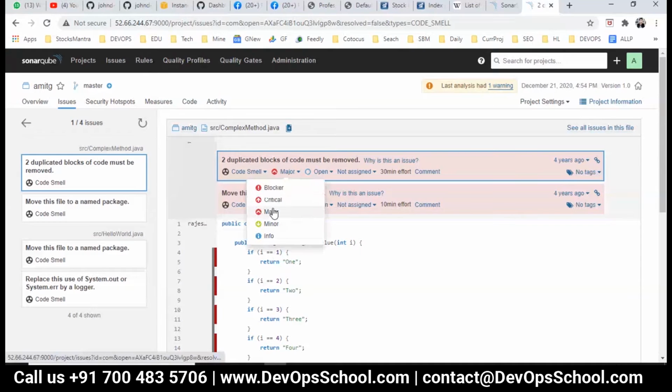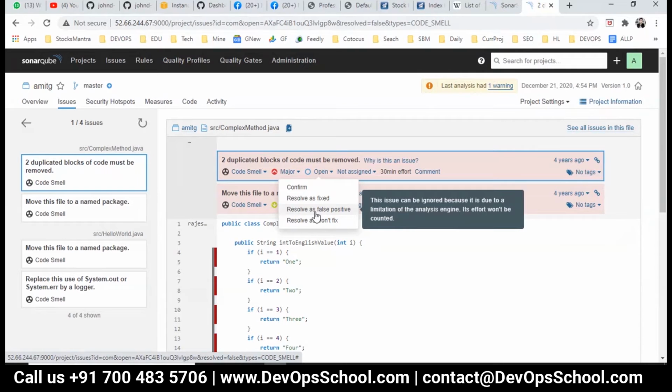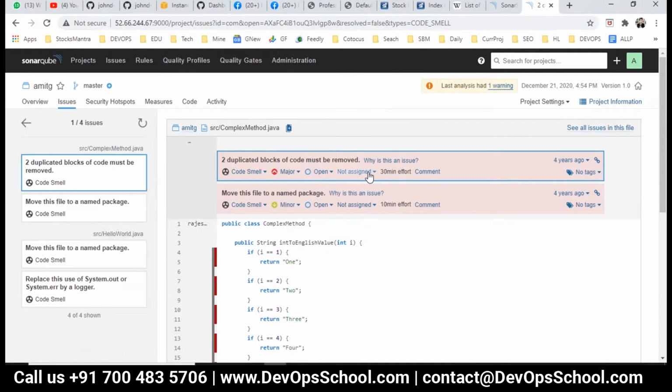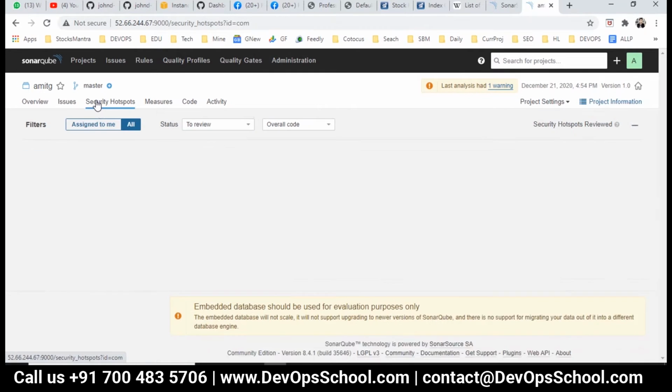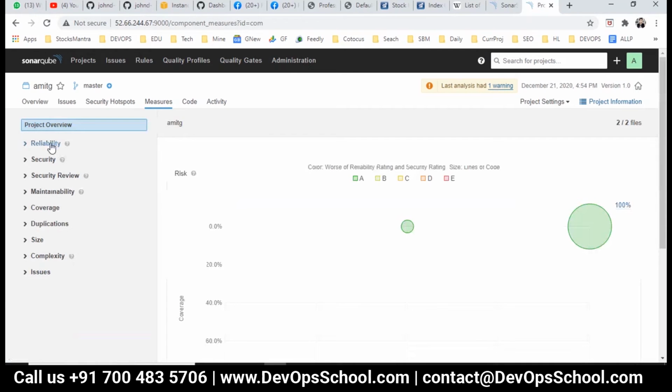Major, minor, can we set that? Can we resolve as a fix, resolve as a false positive, resolve as won't fix? Can we assign to someone to work on it? Can we comment? Can we tag? And many things. So see here, you can click on the security hotspots, and measurements as per the reliability score, security score, maintainability score, coverage, duplication, many things.